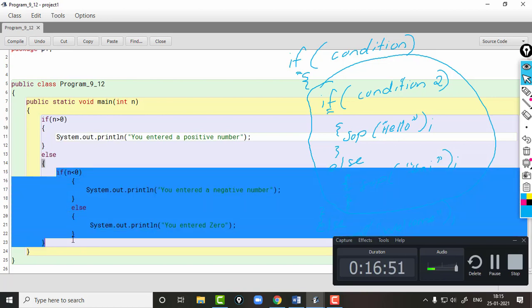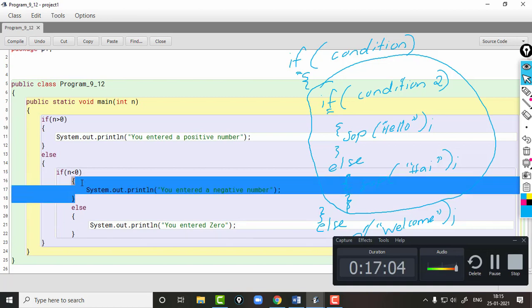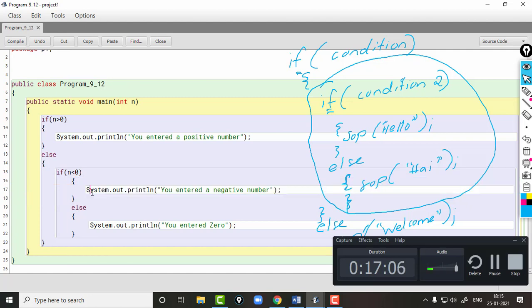Else part contains one more if else. Executing 15th line, n less than 0. -3 is less than 0, that is true. So we execute the body of the inner if. It will print you entered a negative number, isn't it? Then else part will be skipped.